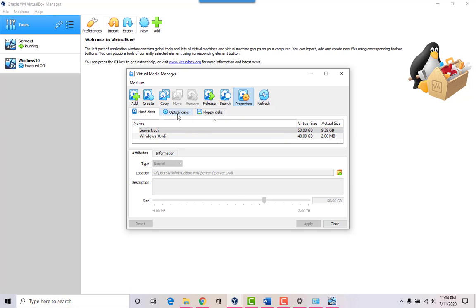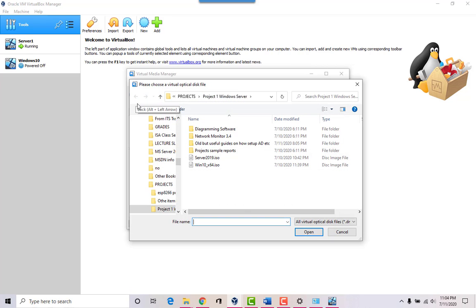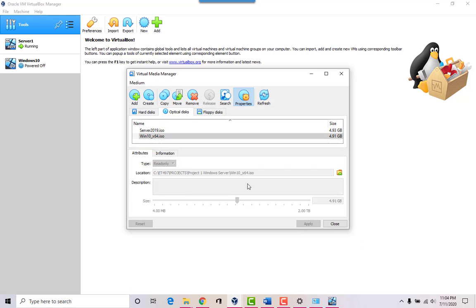But let's go to our optical disk, and this is where we're going to mount another one. So why don't I say add, and we're going to add our ISO for Windows 10, which is right here under our Project 1 folder of our memory stick. There's our Windows 10 ISO. Click OK, and I'm going to click close.